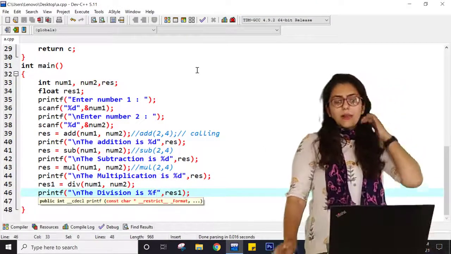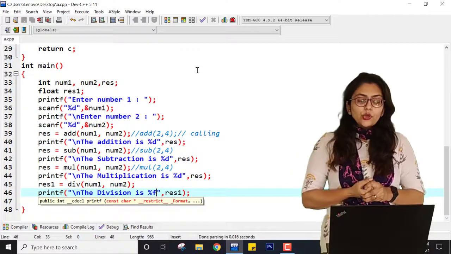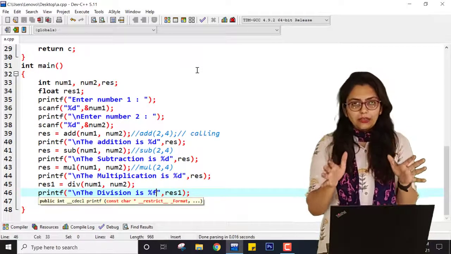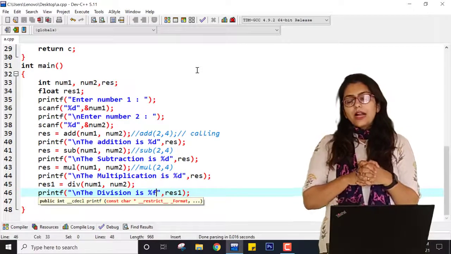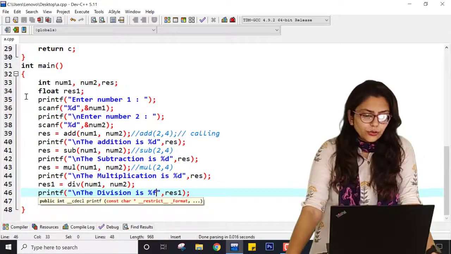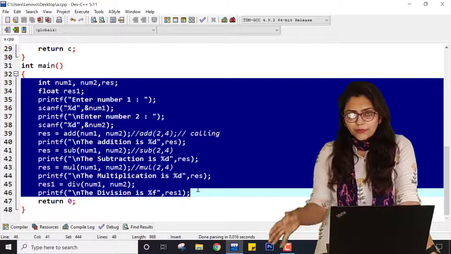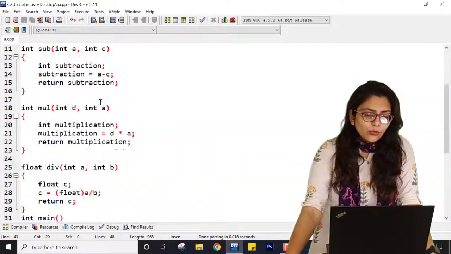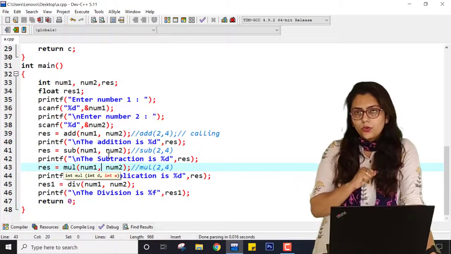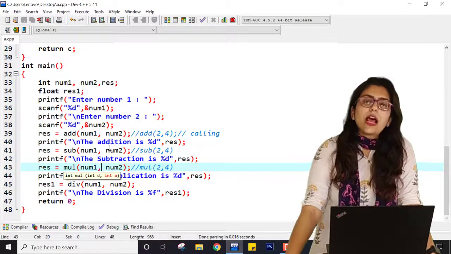Now one may ask that, ma'am, this is having similar length with the code, right? So I have taken this example to make you understand function clearly. But whenever you are writing so many long programs, and suppose you want to add, you have to add this entire code again after some time, right? So again after 100 lines of code you are going to write this code. So it is having some kind of repetition. To eliminate that kind of code, we are using function.